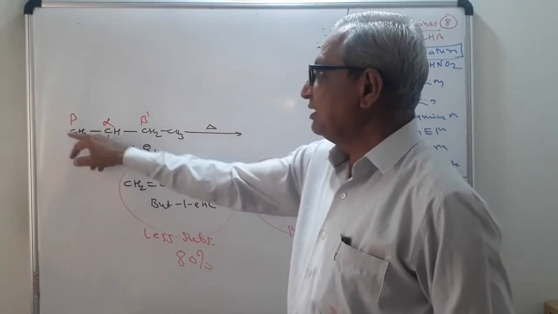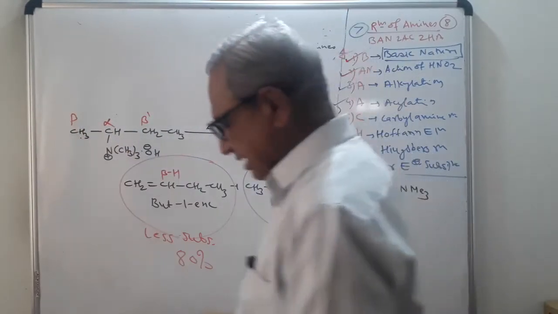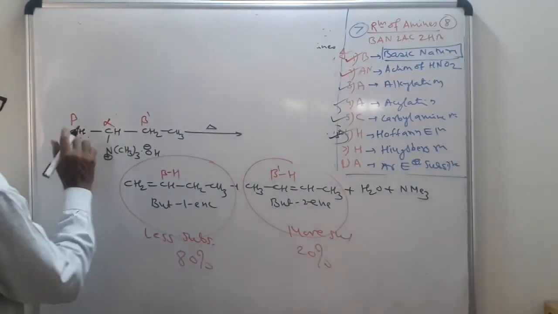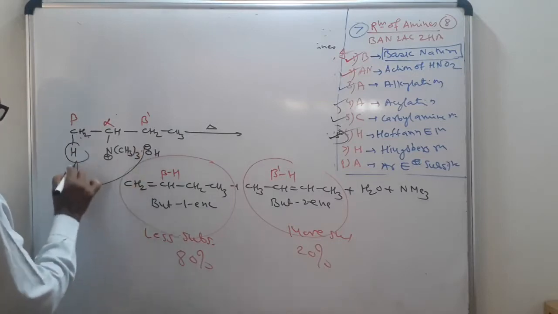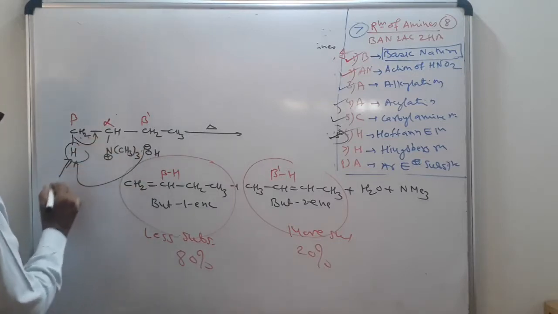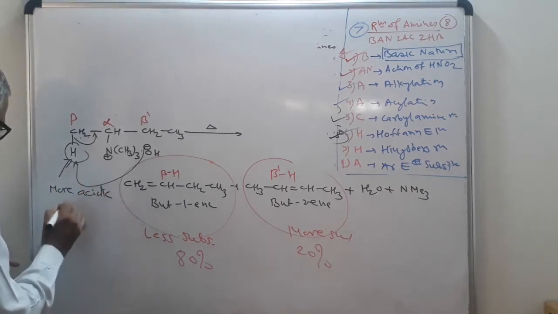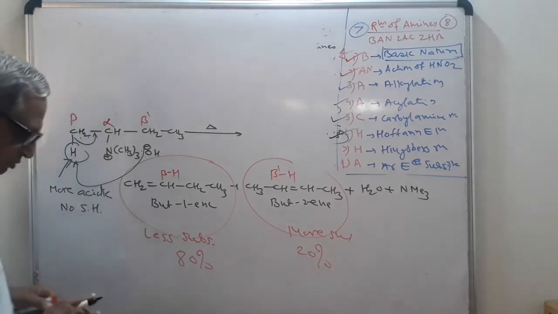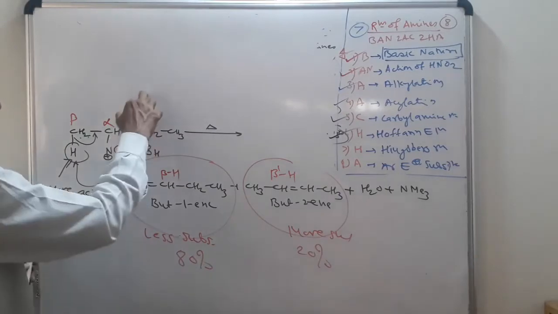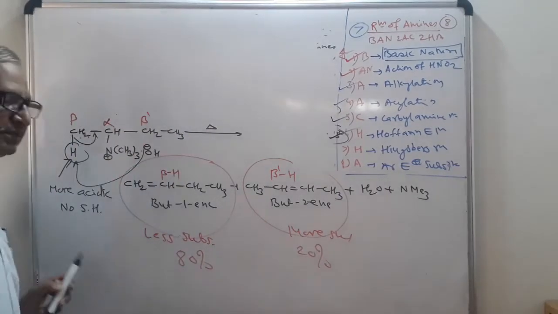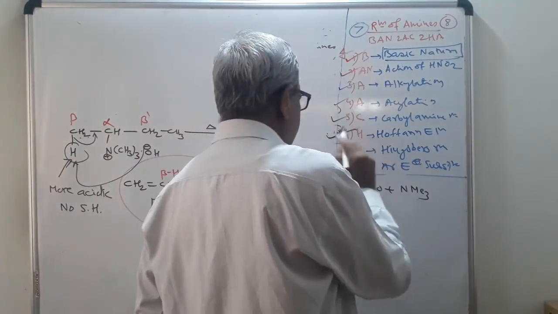This is sterically less hindered. It can easily go here. It is a more acidic hydrogen atom, and therefore see here, this is your hydrogen atom. You can write here, this is sterically less hindered. Therefore, the base can go easily here. This is more acidic as well as sterically less hindered. In this case, it is more acidic, no steric hindrance. But if you consider the beta dash hydrogen, this is less acidic. Therefore, this base will not go to the less acidic hydrogen. It will go to the more acidic hydrogen. So we completed Hofmann elimination.